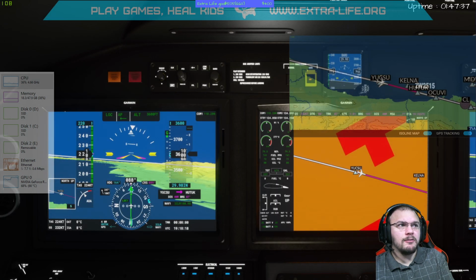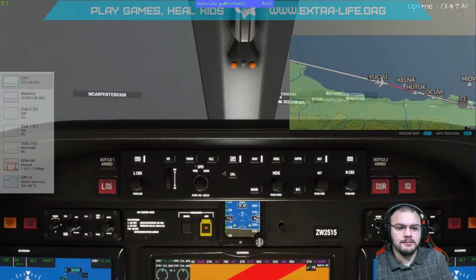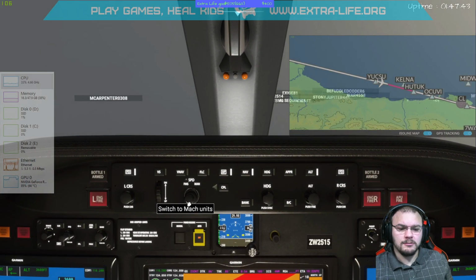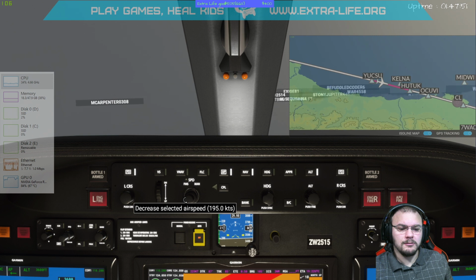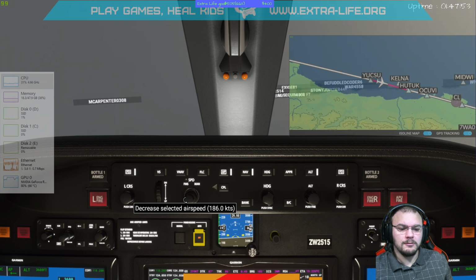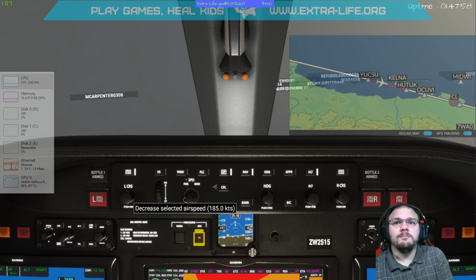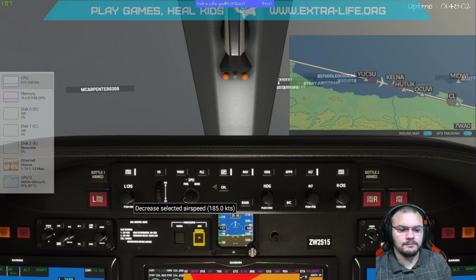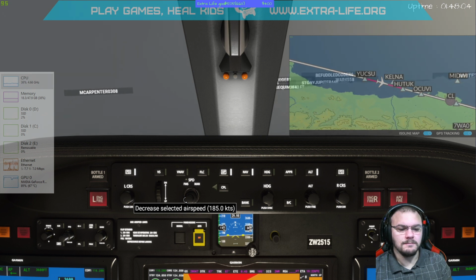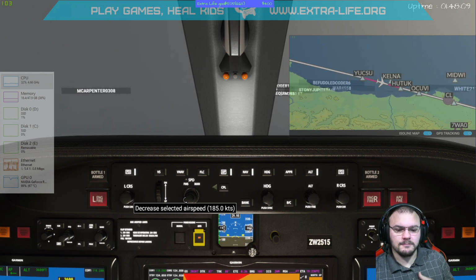Alright, we're at Yaksu now, so we are going to go ahead and pull back our speed. Landing gear. Landing gear. We're gonna go to landing 185. So as we bleed off speed,